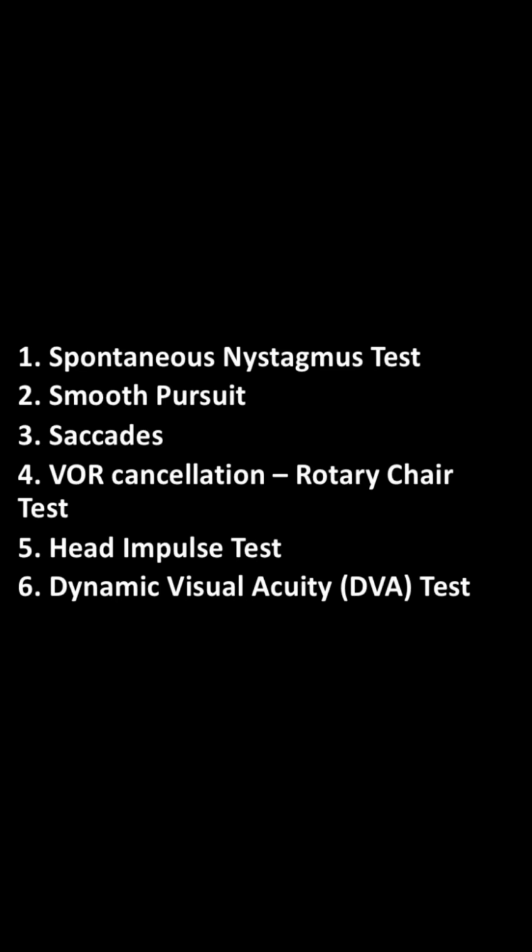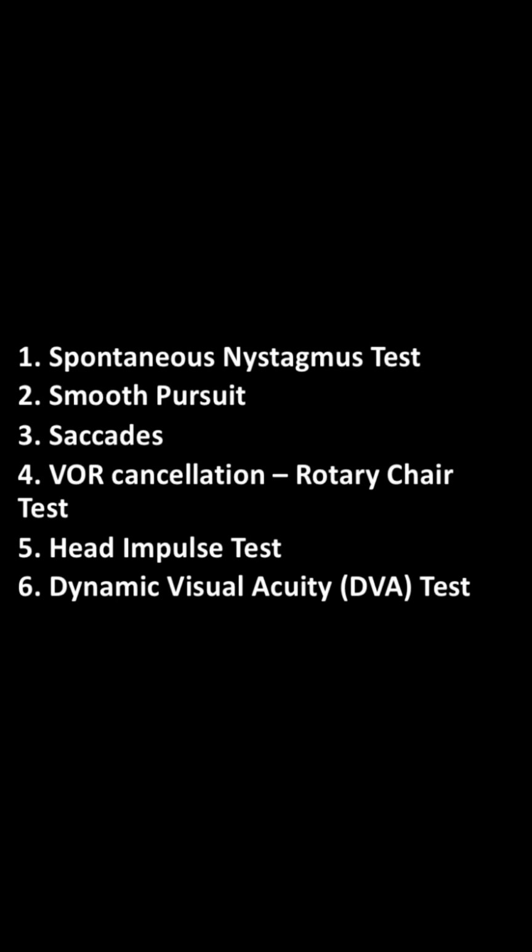The fifth test performed in this video will be the head impulse test, which is a test that assesses the vestibular ocular reflex, the VOR. This reflex is helpful to maintain corrective eye position during any change in head position and to correct the eye movement rapidly so that the vision remains on the target. This test is used to assess the peripheral vestibular